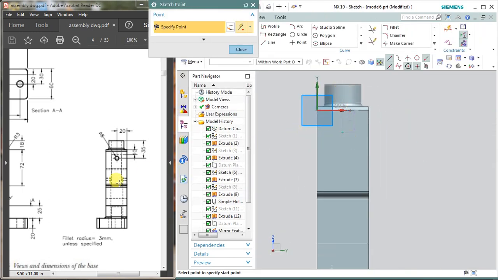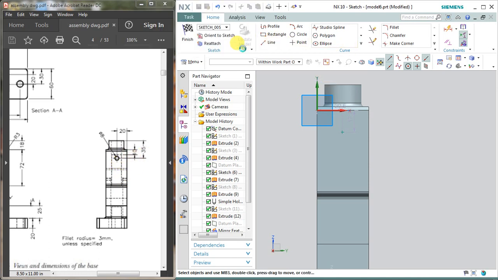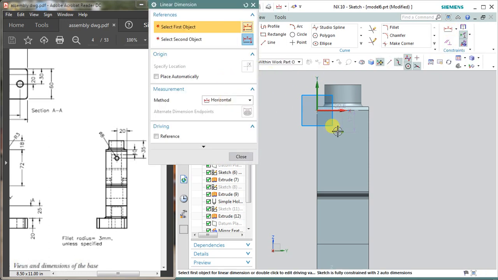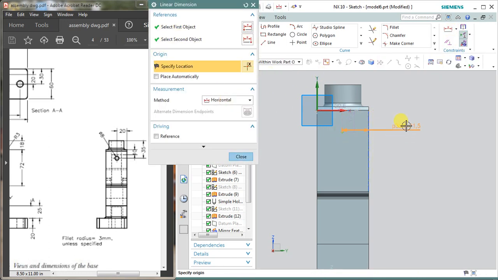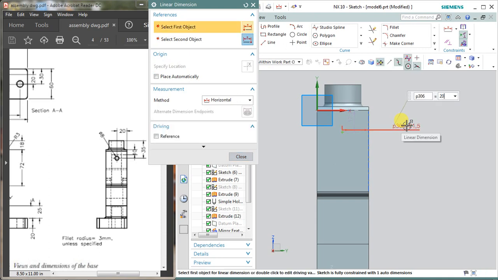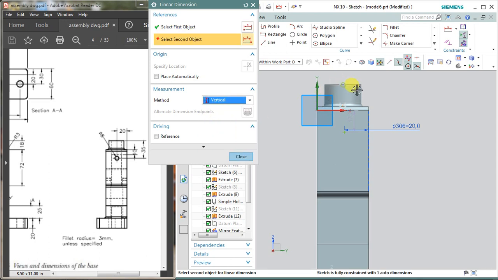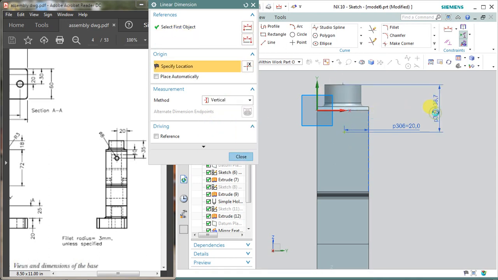Now assign some dimension, it is 20 mm from the side. Close this point, select linear dimension again, horizontal, select the point and this horizontal line, and assign a 20 mm dimension, and it is about 35 mm deep from the top. So for this you have to select vertical, select this point and assign 35 mm.